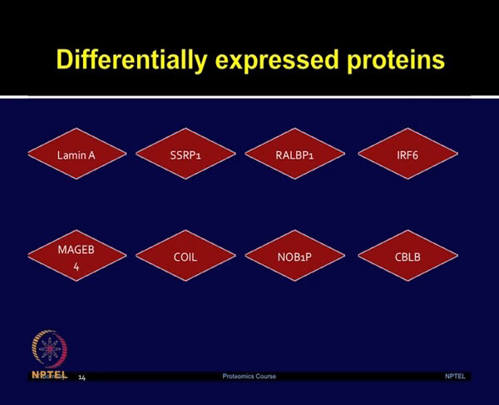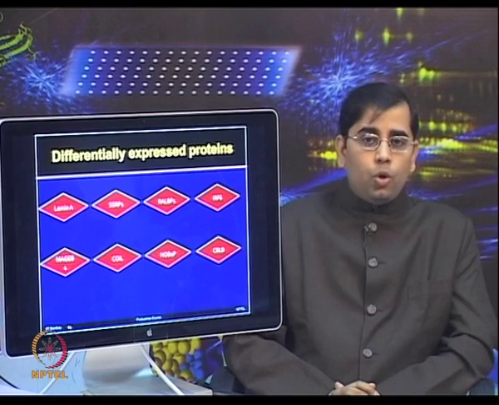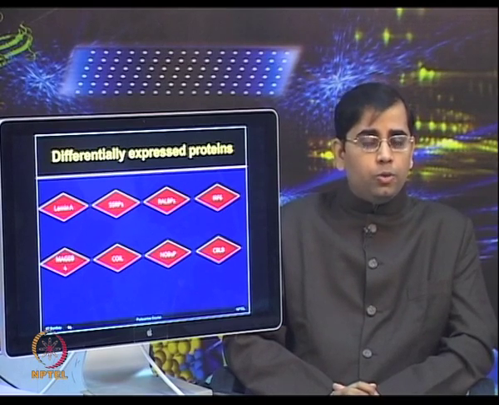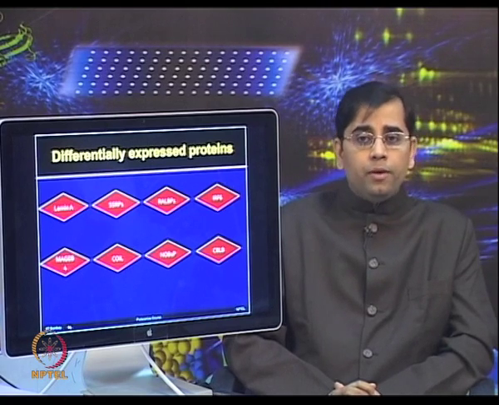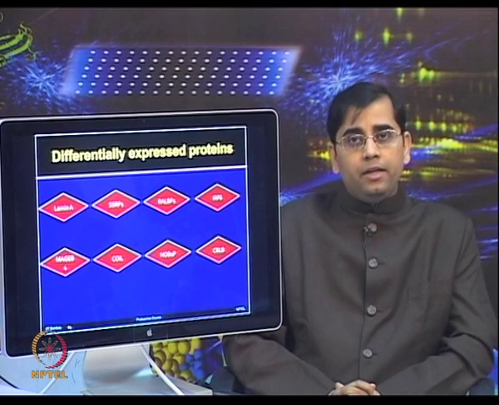So, based on this study, the authors were able to identify several differentially expressed proteins, which included lamin A, which is one of the nuclear membrane organization proteins, structure specific recognition protein SSRP1, which is involved in the regulation of transcription, RAL binding protein RALBP1, which is important in transportation, IRF6, which is crucial for transcription regulation, MAGEB4, which is also reported as a cancer marker, coil, which is found in the nuclear coiled body, although its function is still unknown,